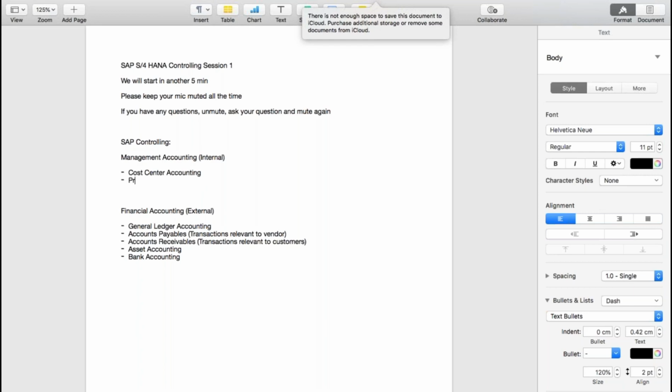Okay, then you have profit center accounting. Okay, in the profit center accounting, the only difference is in the cost center accounting, only cost is considered. Department wise cost, if you want to know what is the cost of admin department for a particular month, what is the cost incurred by HR department for a particular month, you can go to the cost center accounting. Profit center accounting means those entities which are giving you profit also, which are giving you revenue also.